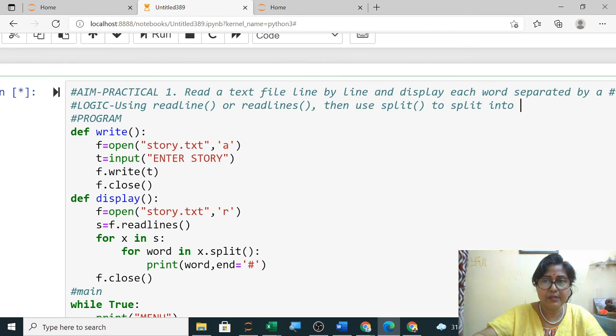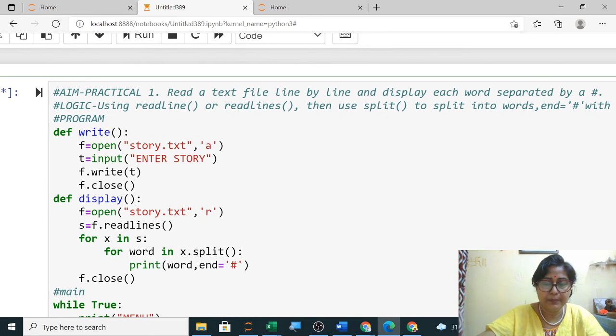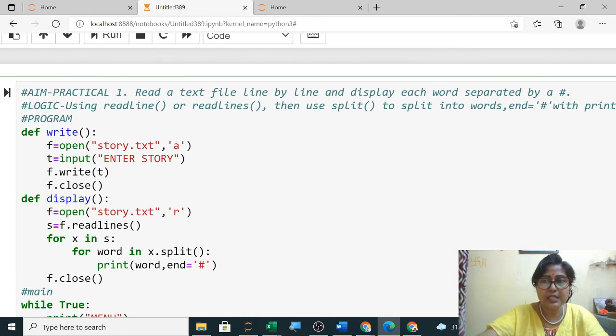That is it, the line will be split into words, and then use the separator hash, using end equals to hash with the print command, print it. So this is the logic. Clear? This is how you are solving your question.